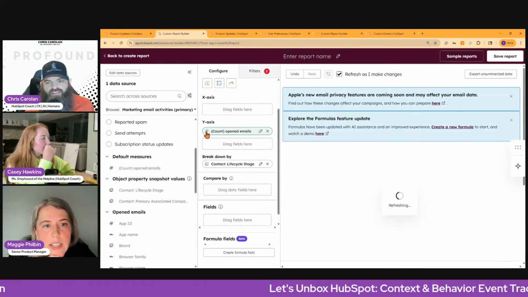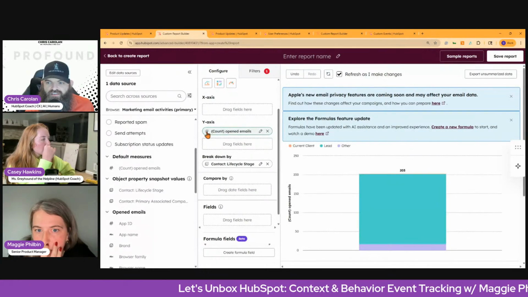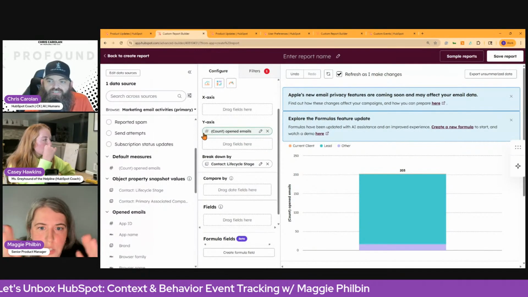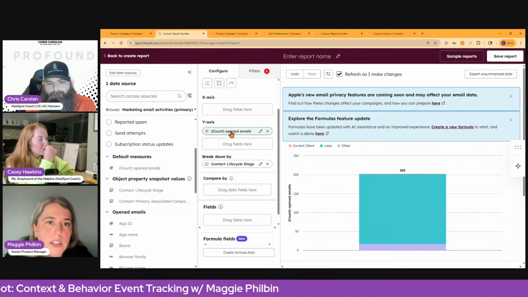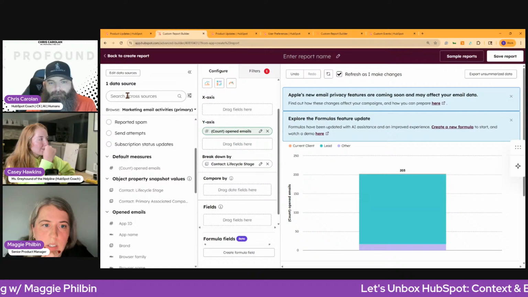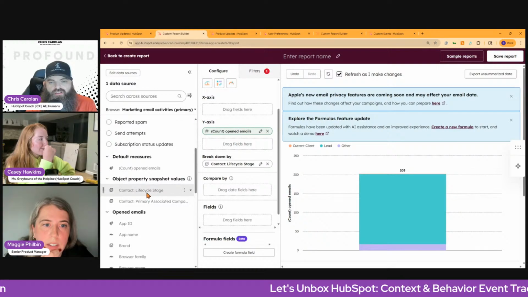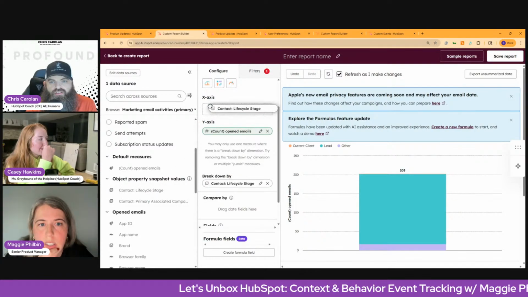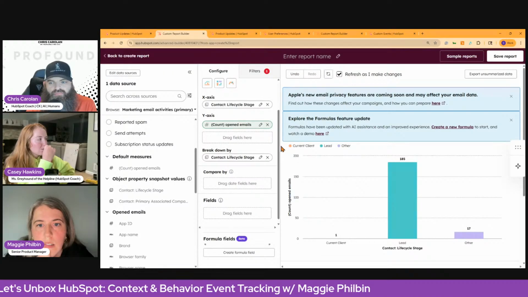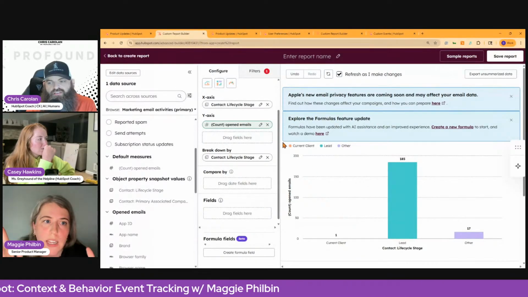And then to the x-axis, I think you can probably add lifecycle stage again. Okay. So yeah, well, I mean, it shows it here. It doesn't actually, if you tossed lifecycle stage onto the x-axis too, so like you see under object property snapshot values, grab lifecycle stage and toss it under the x-axis too. It's just going to make a slightly better visual for you. Yep. Okay, so now it's a little bit more easy to see.